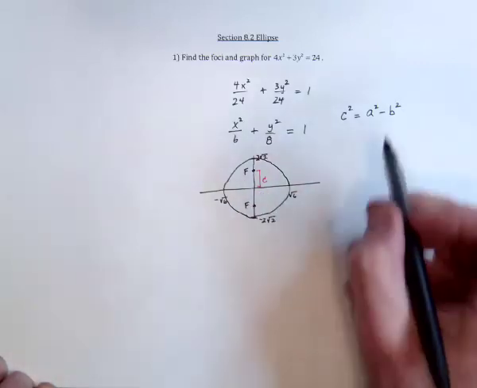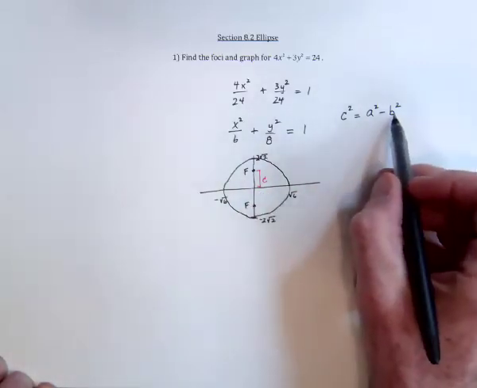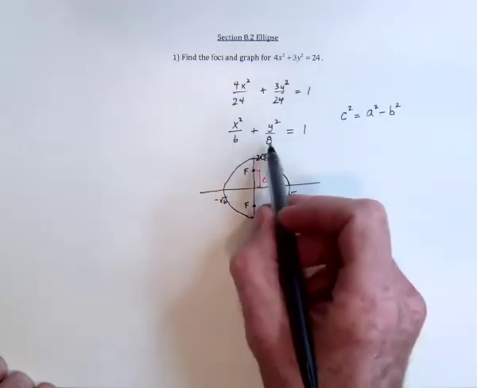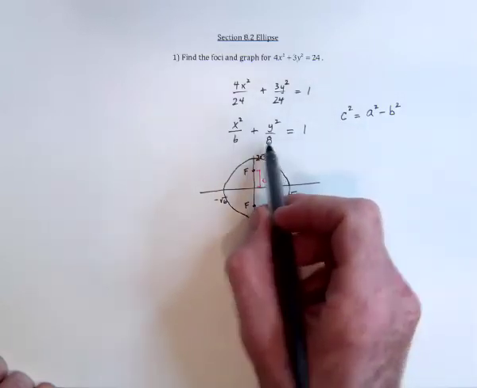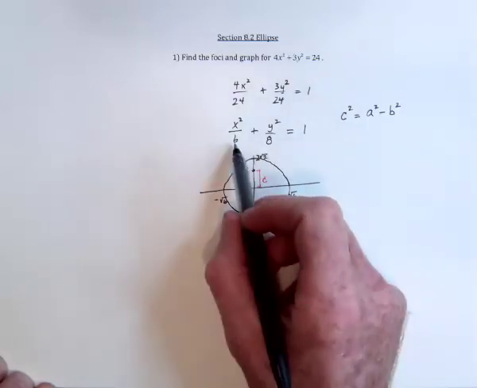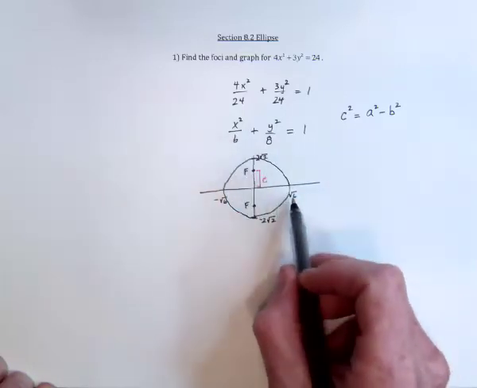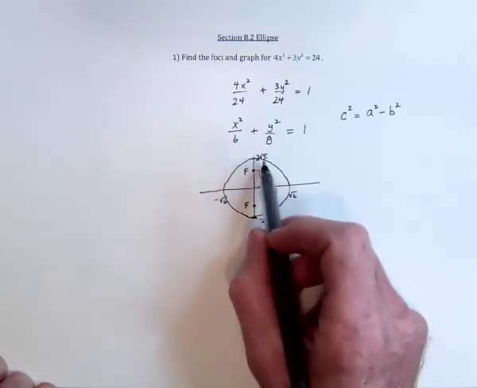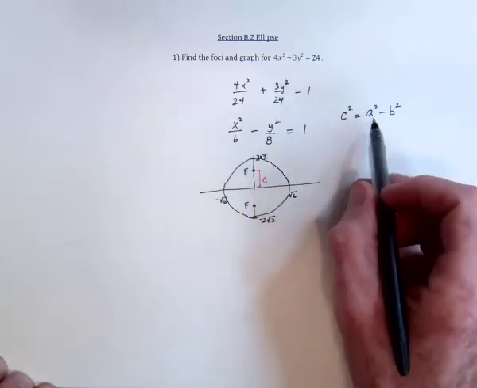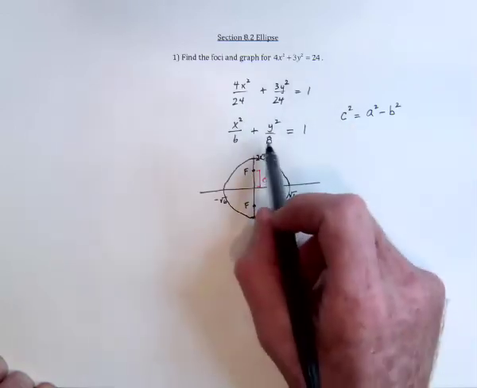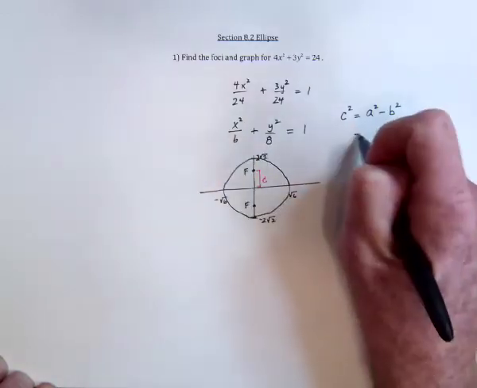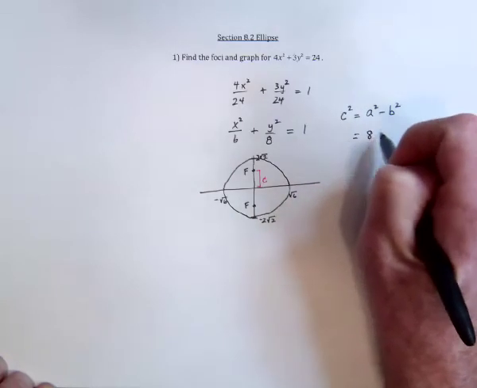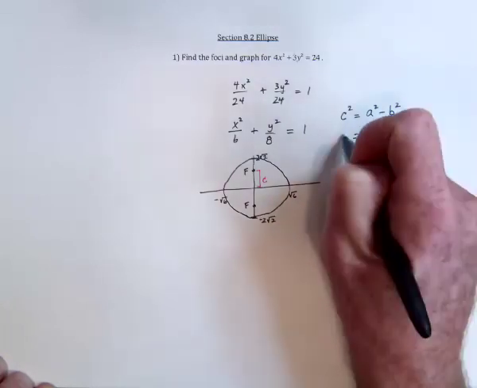Okay, so then we need the a and the b. Well, that comes from these guys right here. This is a squared and this is b squared. So we took the square root of them and found the a and the b, but in this formula it actually uses just the a squared and the b squared, so we can use the 8 and the 6, and they're already in squared form. So an 8 minus a 6,